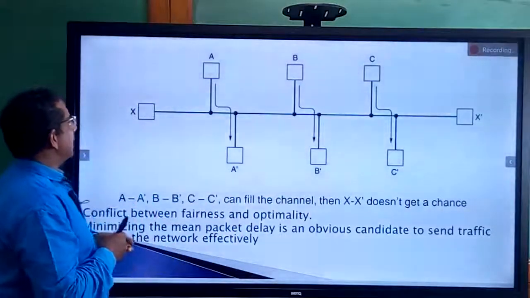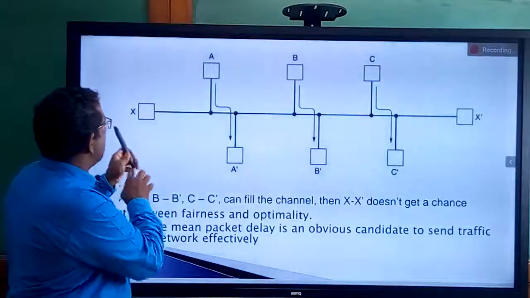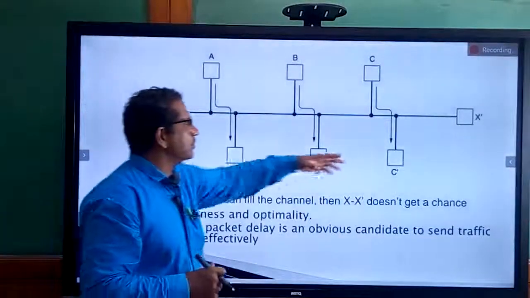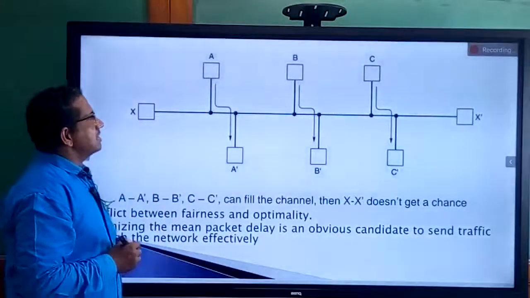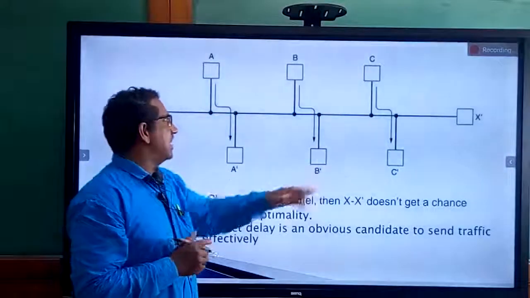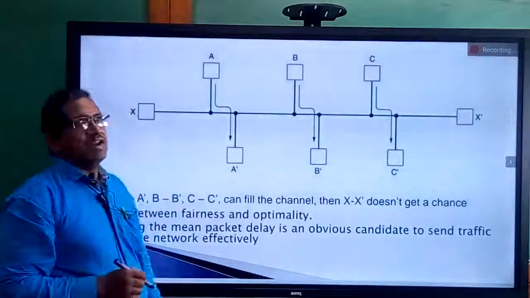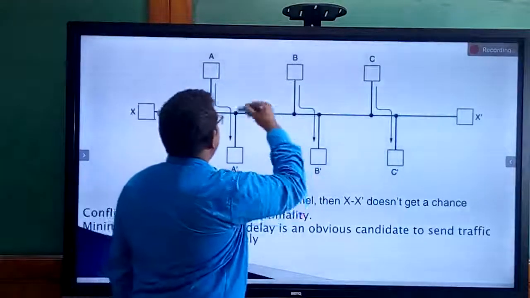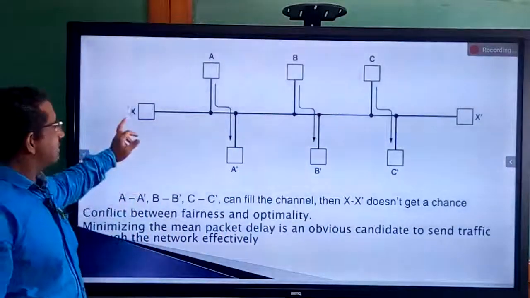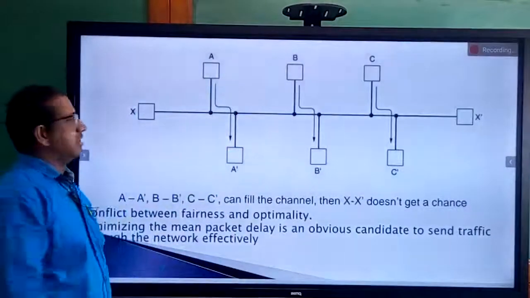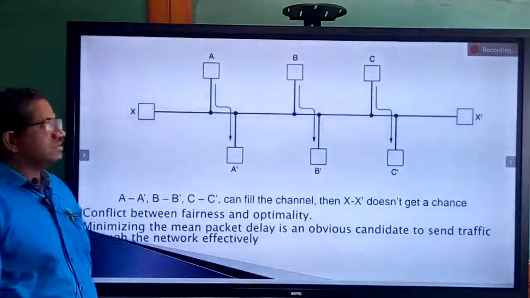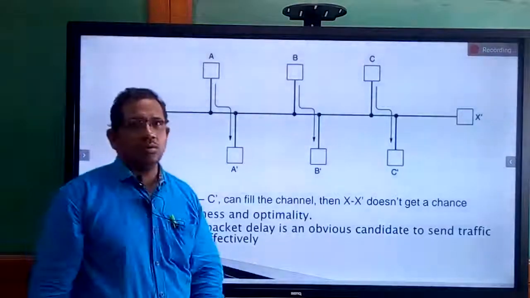Now in doing that, there is a line. If you see carefully, there is another node like X here. I got X dash here. Now all these computers want to communicate. What is the problem here? Imagine that A, B, C are simultaneously transmitting their data to A dash, B dash and C dash in the path shown here. Now while the communication is happening between A dash, B dash, C dash, if X dash wants to communicate, then definitely there is going to be a conflict. So we have to avoid such conflicts. In order to avoid such conflicts, you have to undergo the routing algorithms.